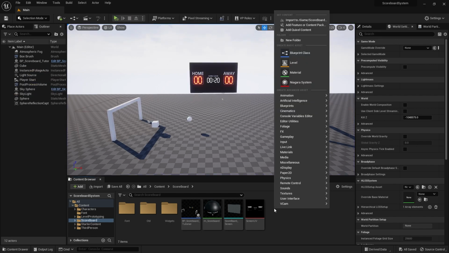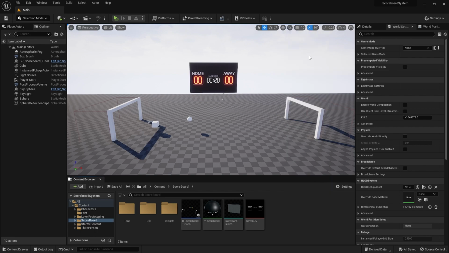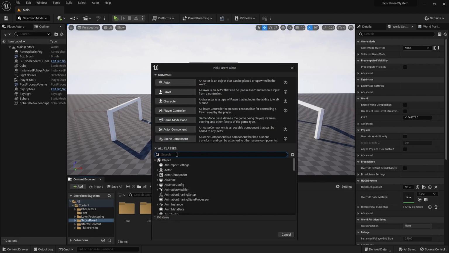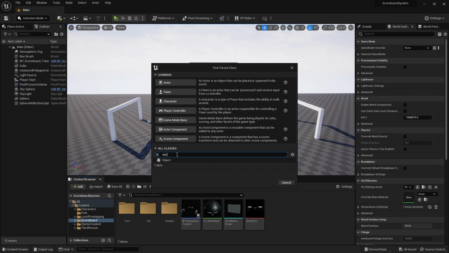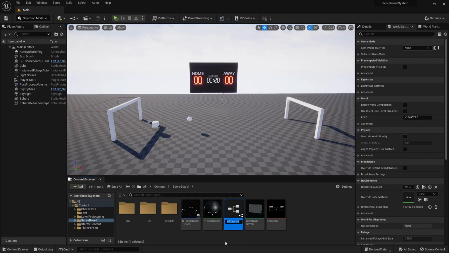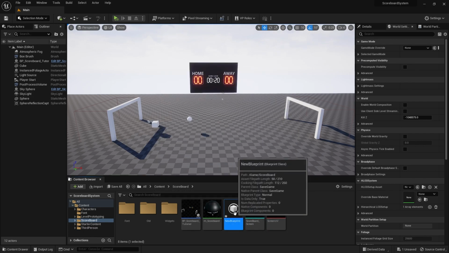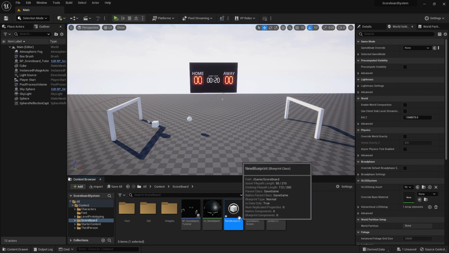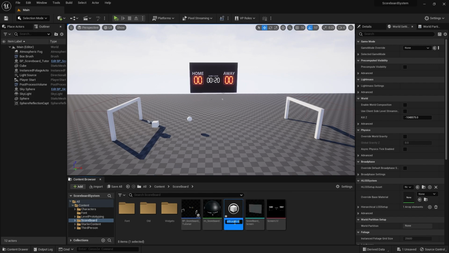First things first, let's right click on the content browser and go to Blueprint class. In the Blueprint class, we're going to have to find a blueprint called save game. Right here, this BP save game is the save game that I made for my example, but we will need the save game blueprint. So just click on that and then click on select. And I will have this new blueprint over here, which is a save game that we can use. As you can see in the parent class, it's save game. Let's rename this as BP save example, like that.